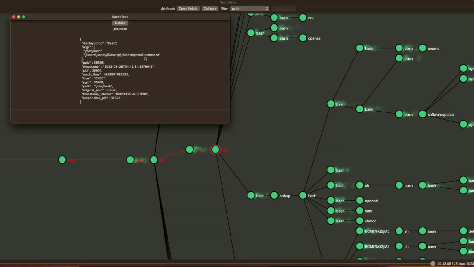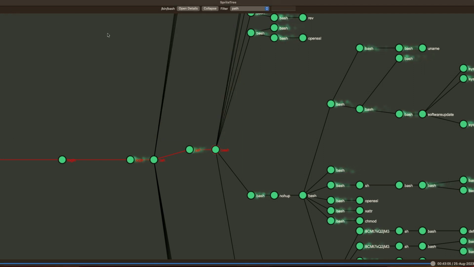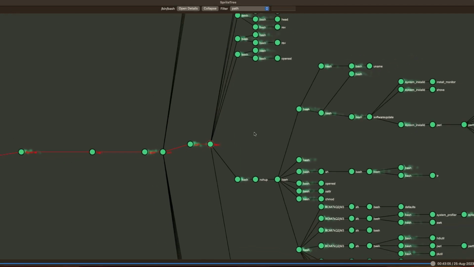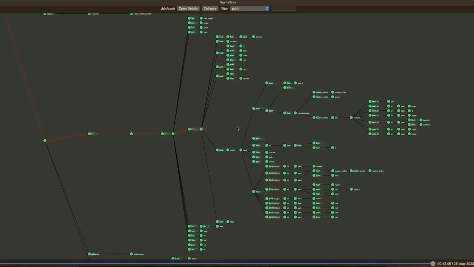So now we know a bash script executed, and there's a lot going on in this tree. But there's one actual feature I haven't pitched yet that's a way to help focus in on data, and that's by using the timeliner we built. So we did a short capture here, but a lot of times you're capturing a lot of activity all at once, right? Especially if you're collecting file activity.